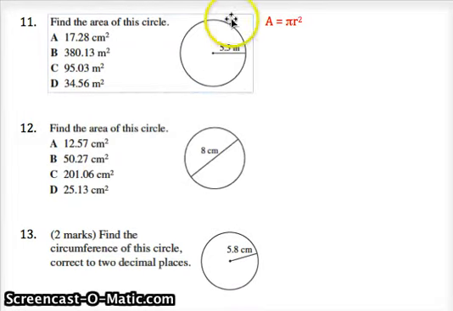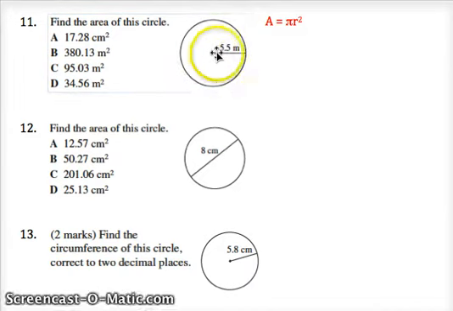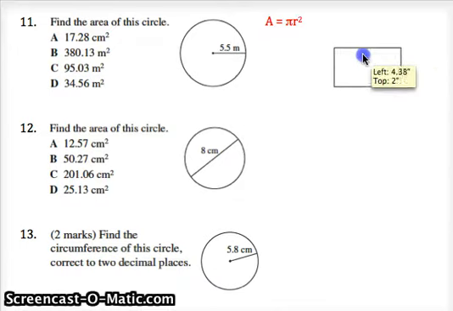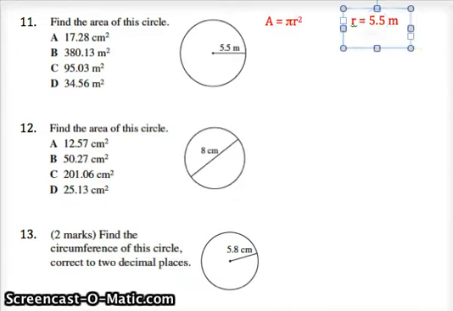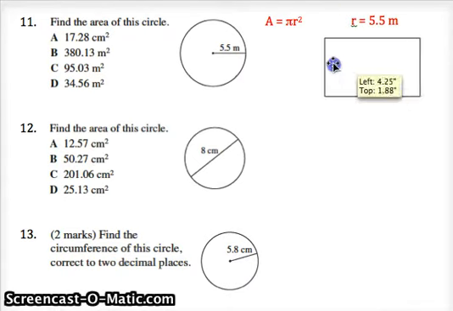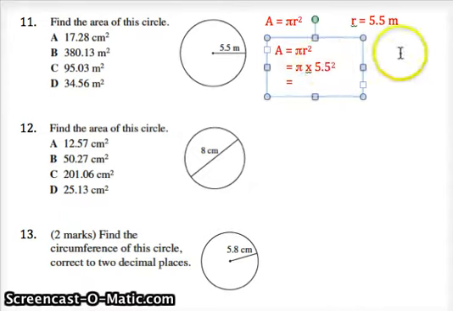You then need to look at your diagram and see whether you've been given the diameter d or the radius r. Now we've got this distance here from the center of the circle to the outside, so that means that we've been given that the radius r is 5.5 meters. That means we can just put that r straight into the formula and we don't have to change anything. So again, I'll just write out the formula again, that area equals pi r squared,